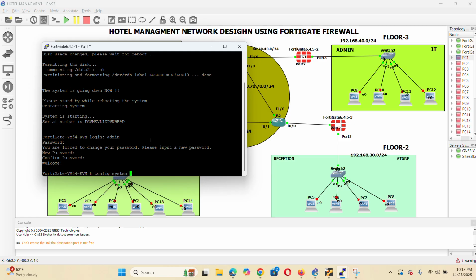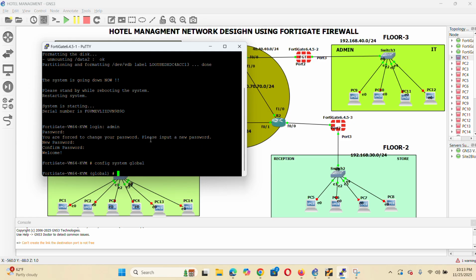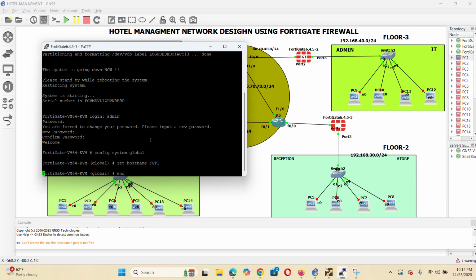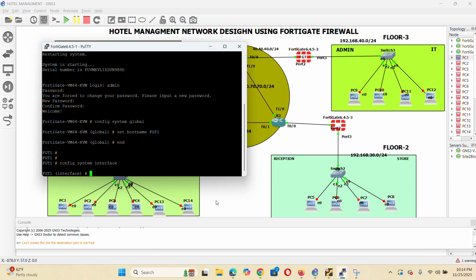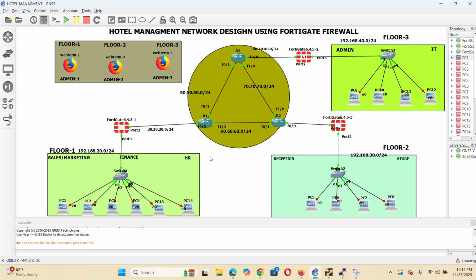Config system global, set hostname FortiGate 1, and then config system interface. First I will connect the ports: click Ethernet 0 and click port 1, which is how to manage and administrate